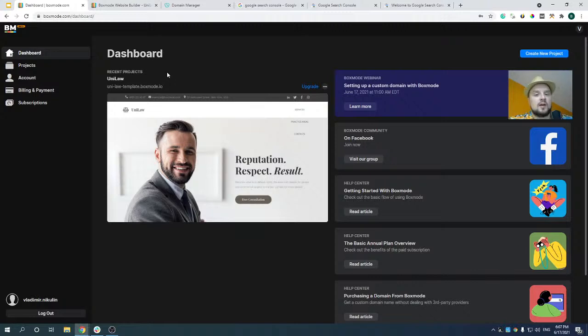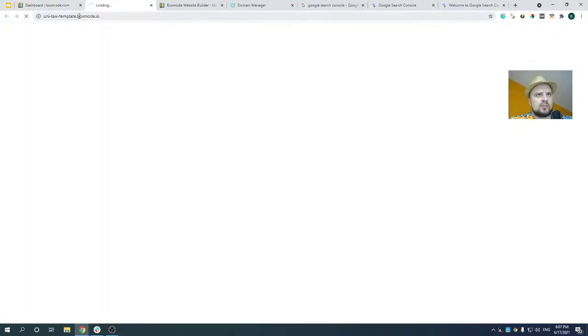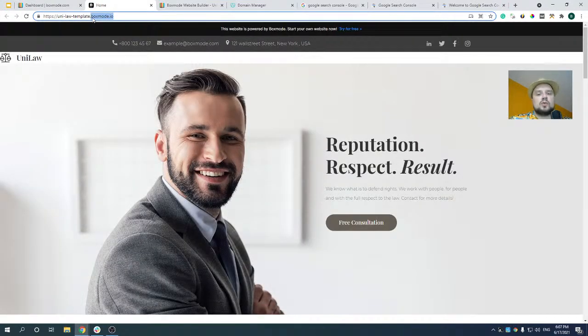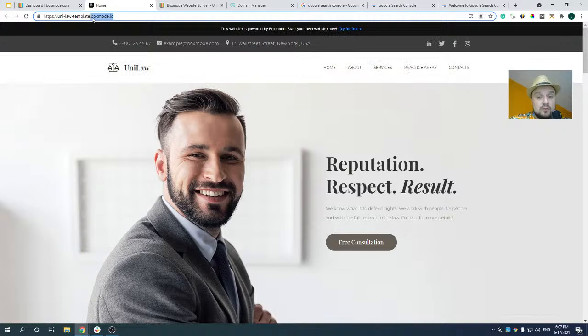As you know, Boxmode offers a free domain with boxmode.io extension. But a custom domain will help your website look more professional online and build your brand credibility. So if you are planning a long-term business, it's quite important to use a custom domain instead of a generic domain extension, so your prospects know that you are for real.